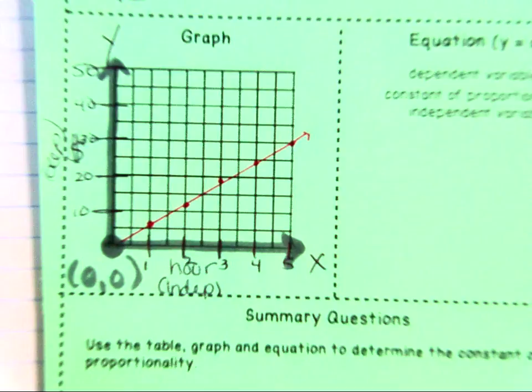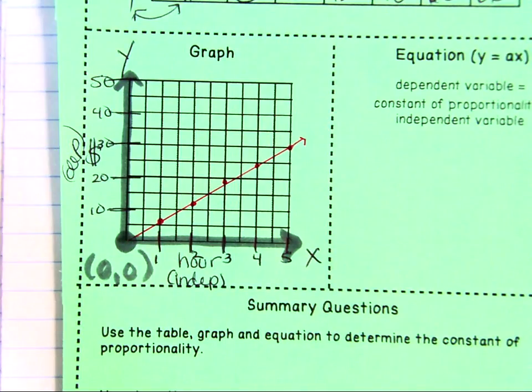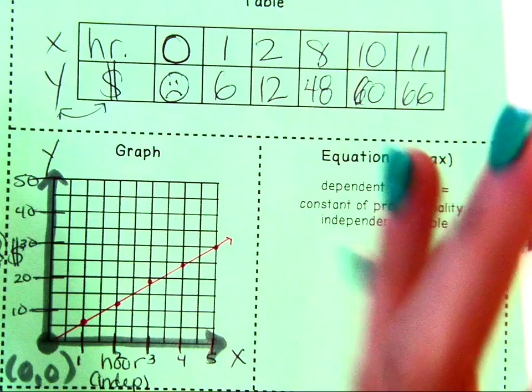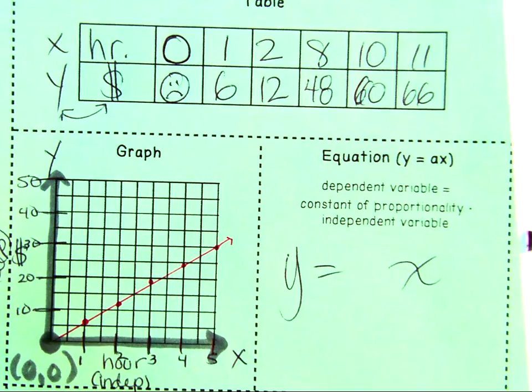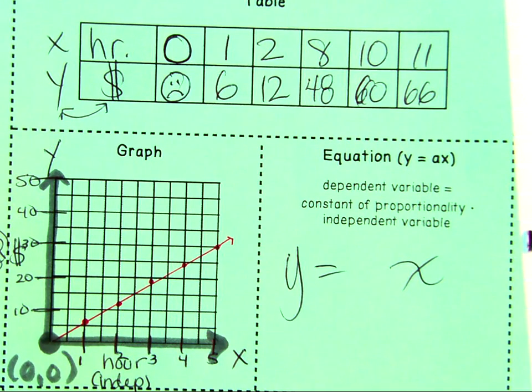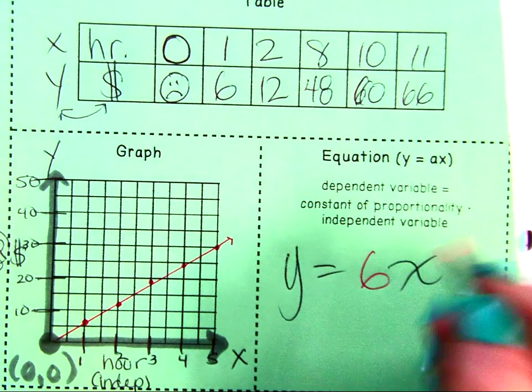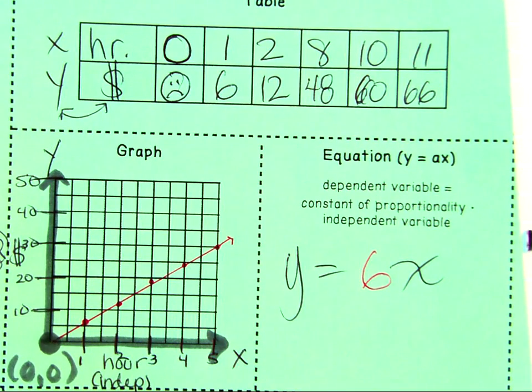What is your magic number? What's the unit rate? 6. Write your equation. Write what equation you think that would be, using the constant of proportionality. Replace the A with what? 6. With 6. That is so seriously it. Maybe it might be helpful to make that like this way. Okay. So if you have a highlighter, awesome, get it out. If you don't, worry about it. You can just circle it.